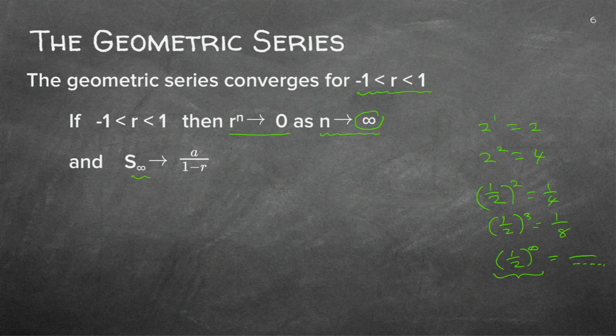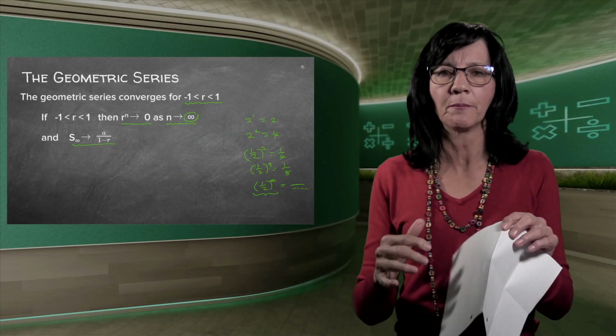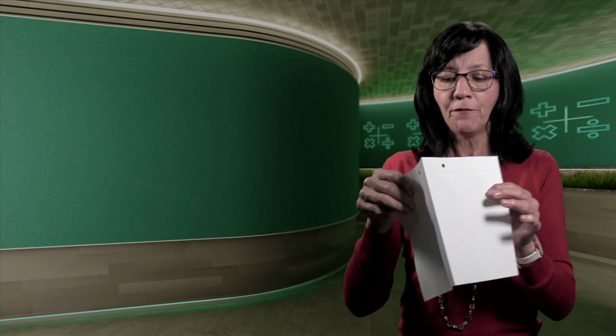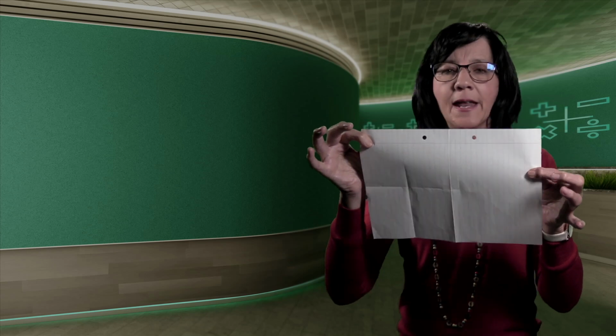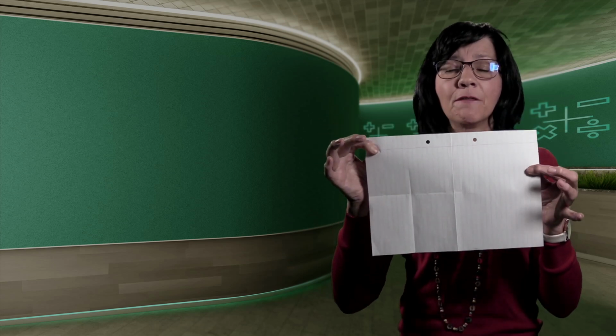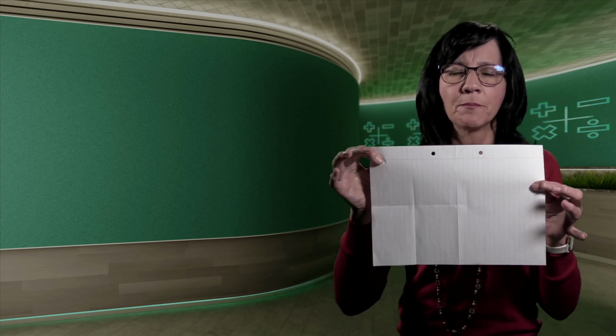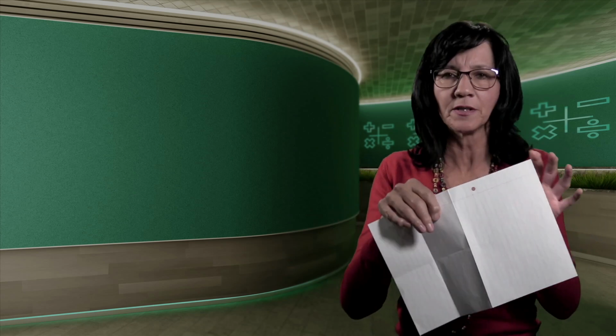Now, there's the formula that we're going to use. S infinity is equal, but we don't say equal to, we say it tends to be a over 1 minus r. Now, let me quickly show you. Maybe if it's a practical problem, you'll understand it better. If I have this folio, and every time I divide it by 2, so I times it by half, which is just the one that we did previously.